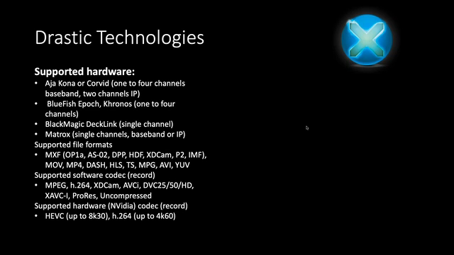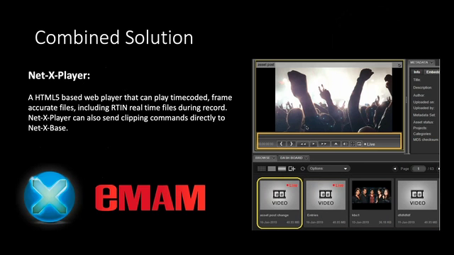So you can actually use the delivery mechanism, which will call back into our NetX code server and clip either the proxy or the high res, depending which one you need, to be able to immediately send those out to social media, send them out to other clipping services, any other software that can read files like MP4 and MXF and AVI and MOV. So basically you have a complete mini editing and clipping system all running real time from any of your IP or SDI inputs.